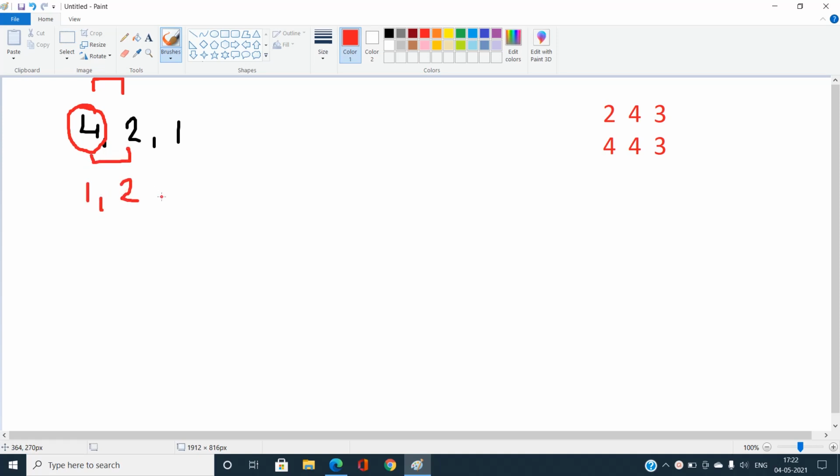But you can also see I'm getting this 1 over here, and now again this pair is not going to satisfy. So if we change this value 4 to any value less than or equal to 2, I'm not going to get the correct answer. The array is not going to be in non-decreasing order, since 2 and 1 is not going to satisfy our condition.